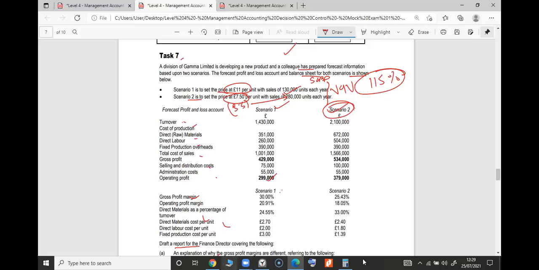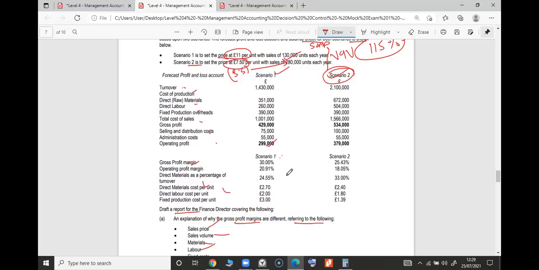I hope you know how to do it. 150% is the right answer. Okay, now, because in scenario 1 we are selling 130,000 units, that's why this is the sales turnover, 1.4 million. And